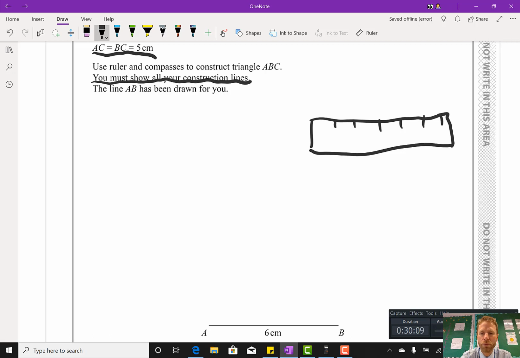And we need to stretch our compass to 5 centimeters because those are the two lines that we don't have. So compass stretched, one point at 0, 1, 2, 3, 4, 5 centimeters. Put the point of the compass here, and you would make an arc 5 centimeters away from that point. You then make sure you keep the compass the same 5 centimeters, put the point at the other end of the line, make the other arc 5 centimeters away. This cross is the point where you are exactly 5 centimeters away from this point, and then you simply take